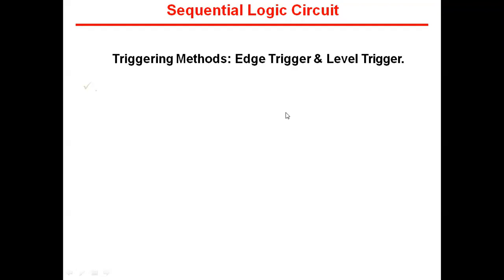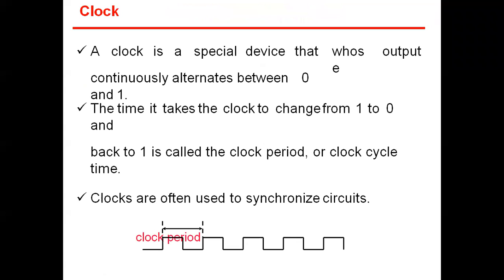Dear students, here we are going to learn sequential logic circuits in which triggering is used. First of all, we are going to learn what a clock is. A clock is a device whose output alternates between 0 and 1. The time the clock takes to change from 1 to 0 and back to 1 is called the clock period